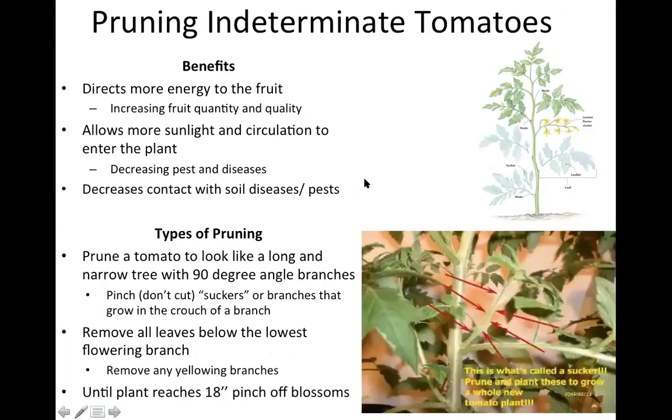And then, like I said, pruning. Don't let your tomato grow on the ground. It's just going to have all kinds of diseases. Get it up, trellis it, and then prune it. The first yellow leaves that you see, remove all the bottom branches, because they're just going to grow out and grow on the ground and bring diseases up to your plant. And then pull out these suckers, so you actually have circulation, so you don't have a lot of fungal issues